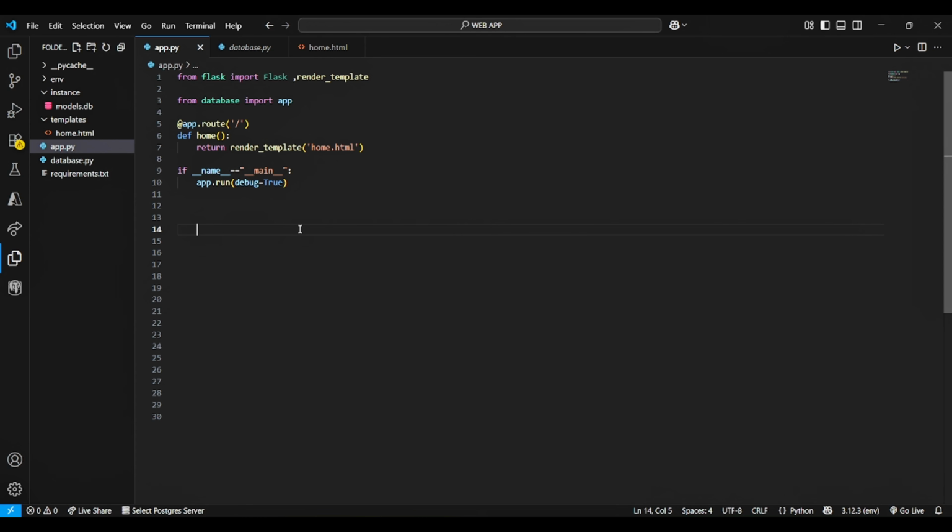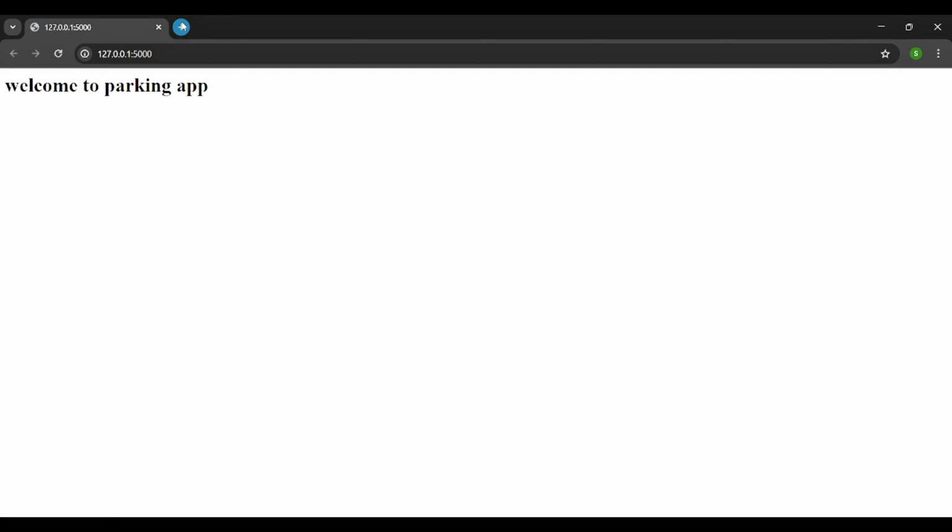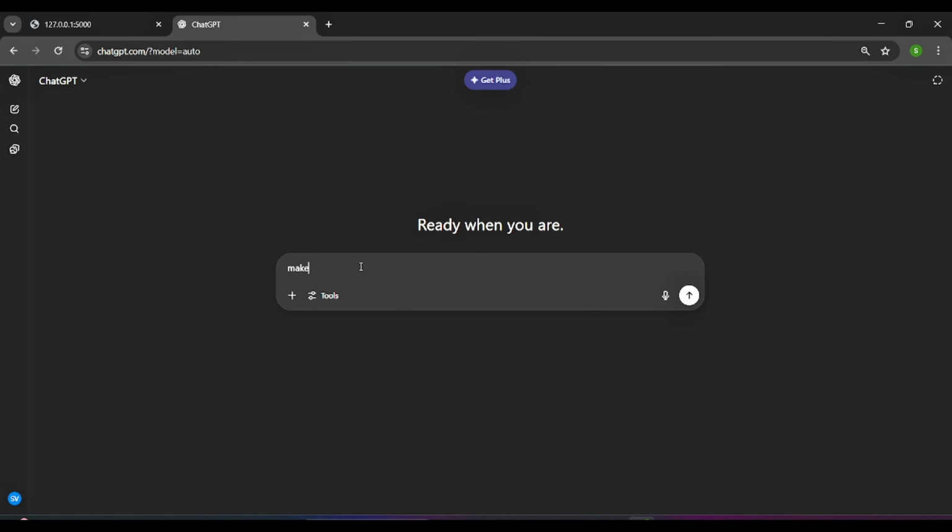So now let's make login and register pages. For that, we first need to create login.html. I will ask ChatGPT to help generate the HTML, but you should know that I have already learned the basics.